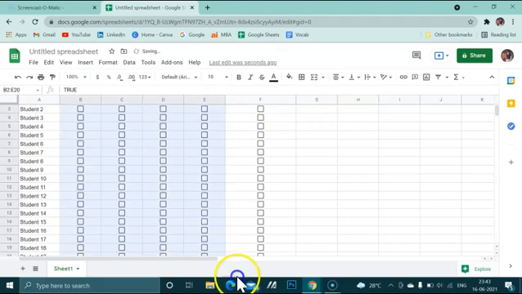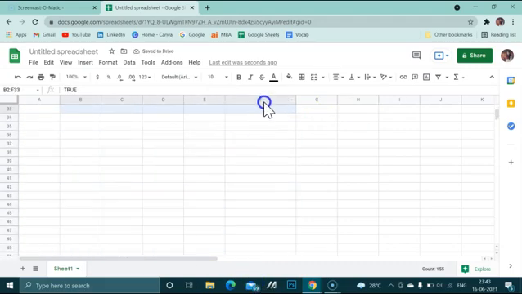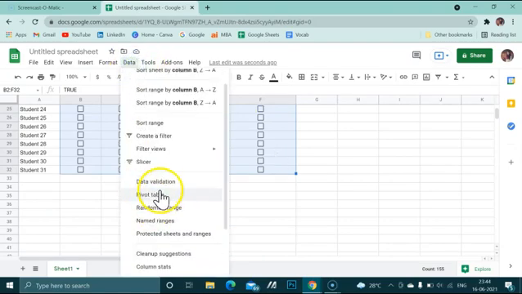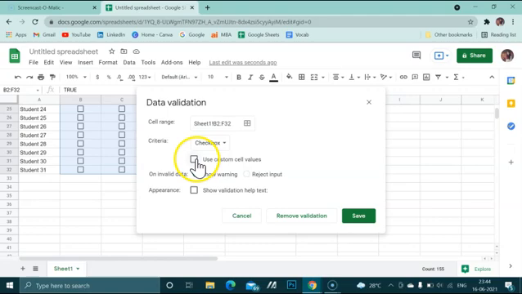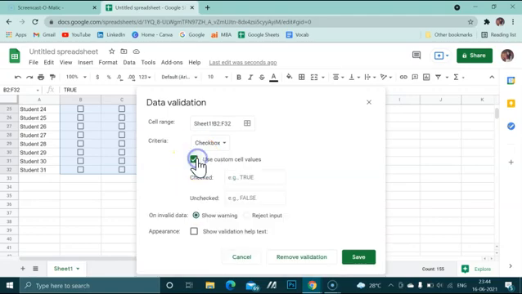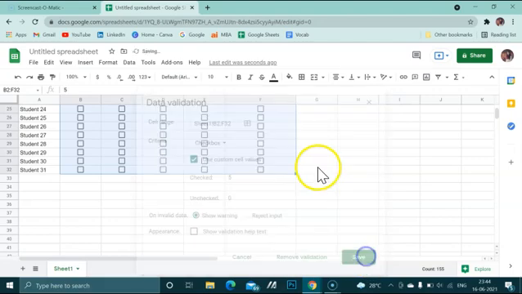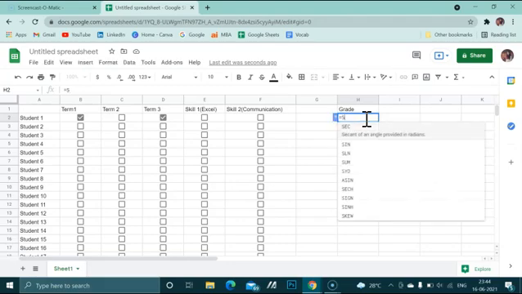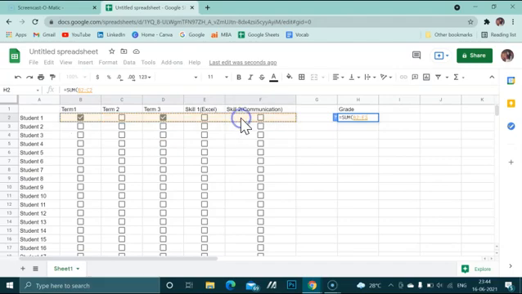So there again just select the data, I mean the checkboxes that you want to set up. Again go to data, data validation, like we went last time. Just use custom cell values. So here what you can do, in checked put 5 points and in unchecked 0 points, and then save it. After that, the simple Excel feature, I will put equals to sum, and the sum will be here to here, and I will just close it, enter.